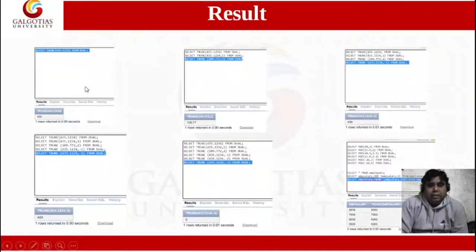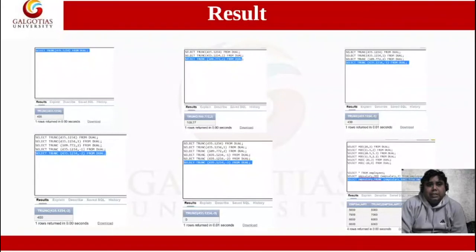Here we will see, if I want to truncate the value 435.1234, what is the command for writing this? We use the logical table dual, which is already available in Oracle itself.